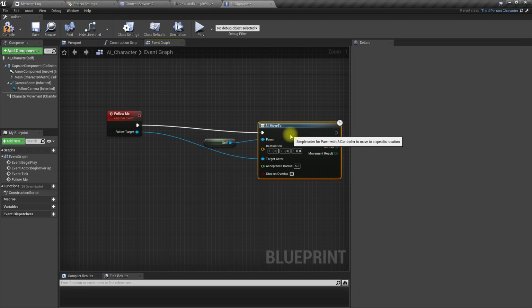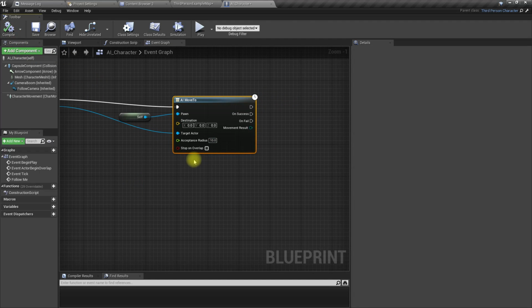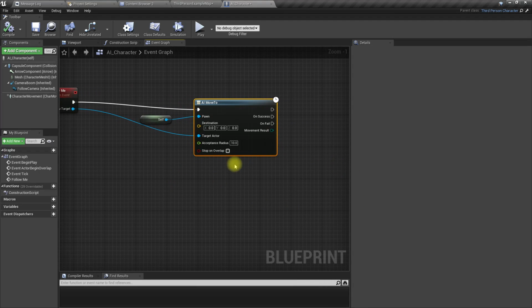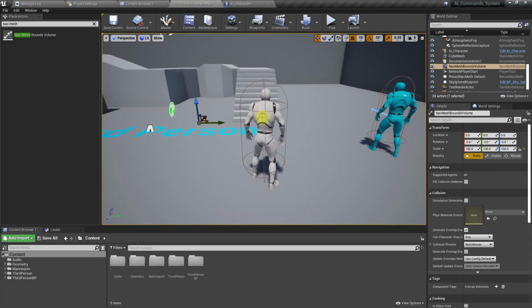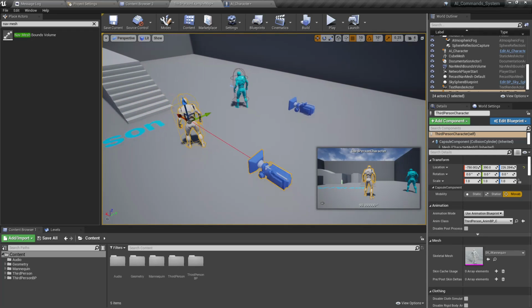So that means this character, and as the acceptance radius I'll give 10. Right, now this will happen only one time. Once the AI character reaches the target actor, he will stop there and he will not continue to follow, but that's okay for now. So now let's go to the third person character,